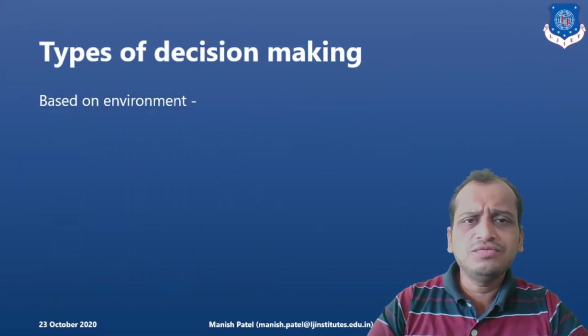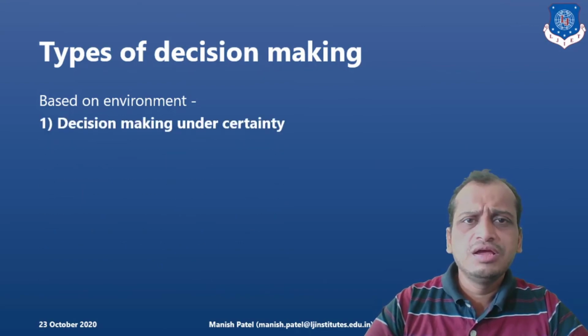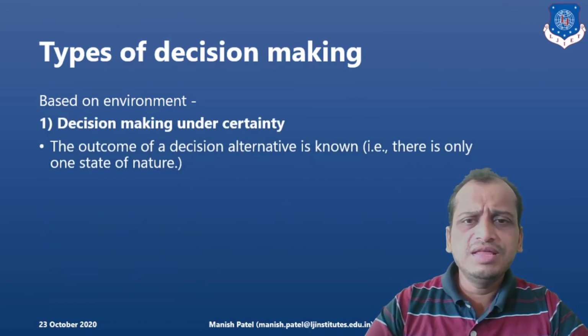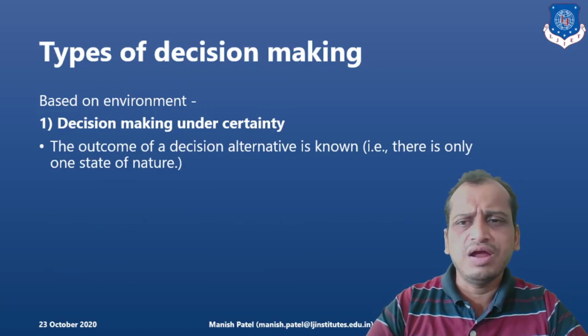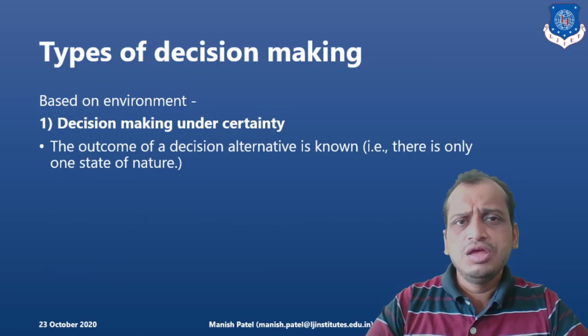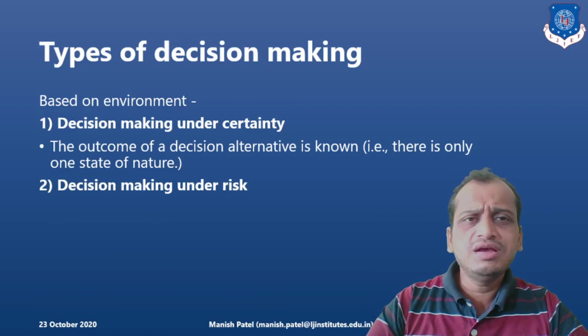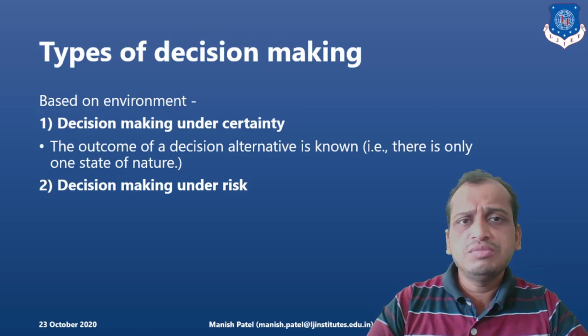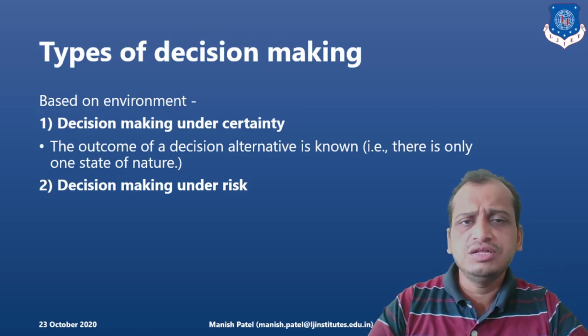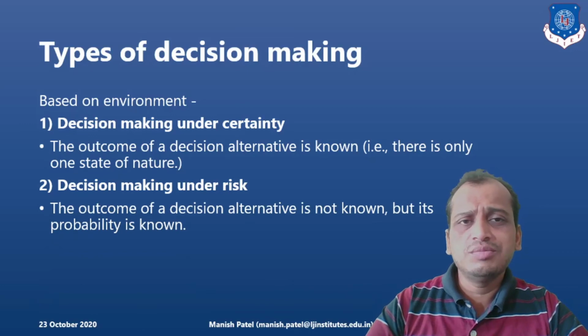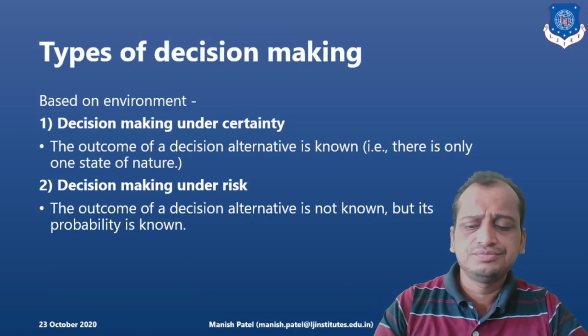Now, what are the different types of decision making? First of all, based on the environment: under certainty, what do you mean by that? It means the outcome is known beforehand. For example, if you have invested in a post office, you know what the outcome will be after 5 years of your investment, because it is a guaranteed outcome. Next is decision making under risk, that is the share market, because it depends upon the market risk, or mutual funds, as you have seen in the advertisements. So the decision outcome is definitely not known.